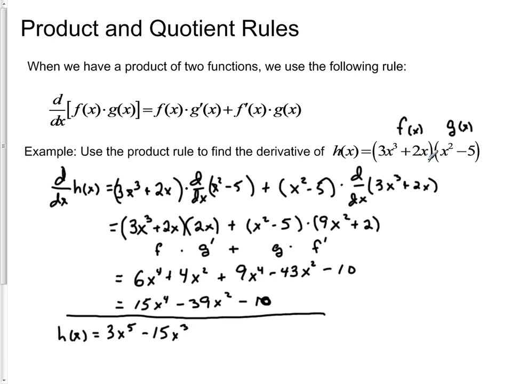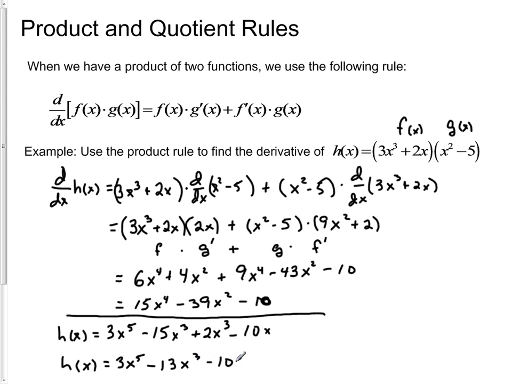Take our two middle terms, plus 2x times x squared, so that's plus 2x cubed. Then take our last terms, 2x times negative 5, that's minus 10x. Combining the like terms together, it turns out that h of x becomes 3x to the fifth minus 13x cubed